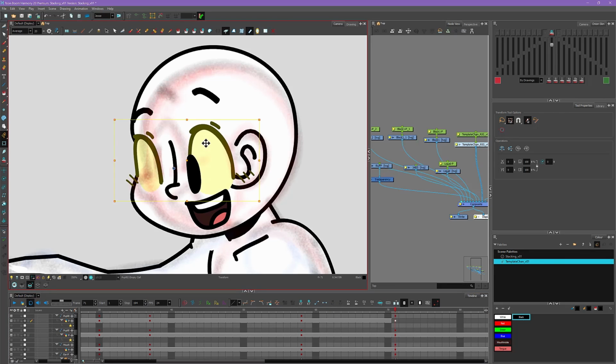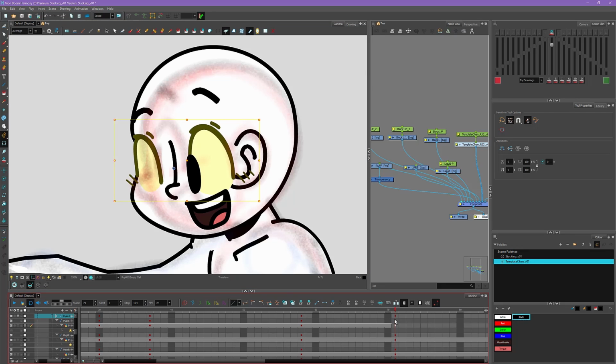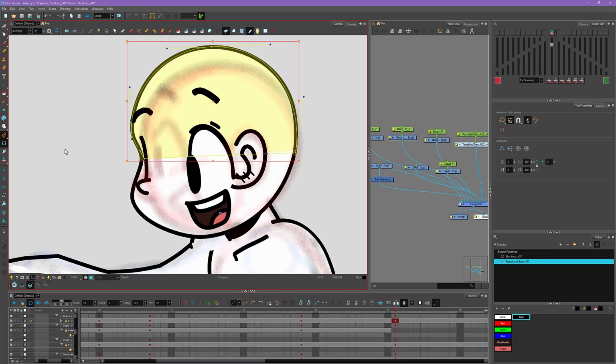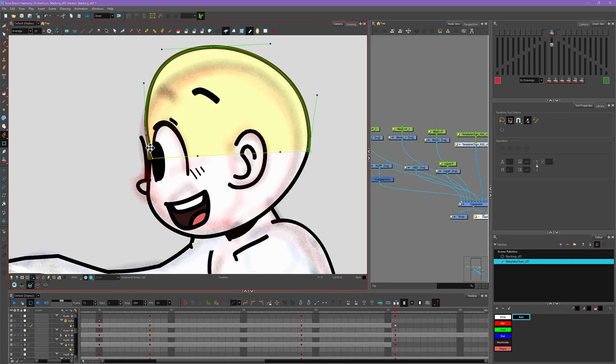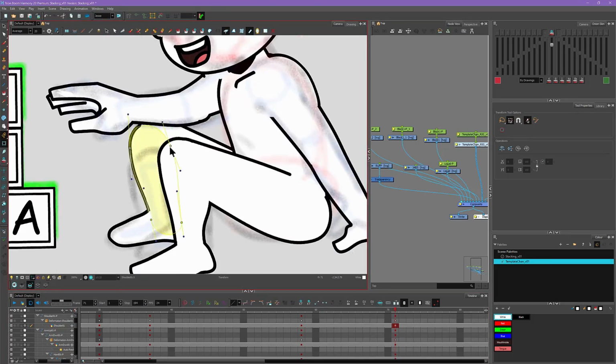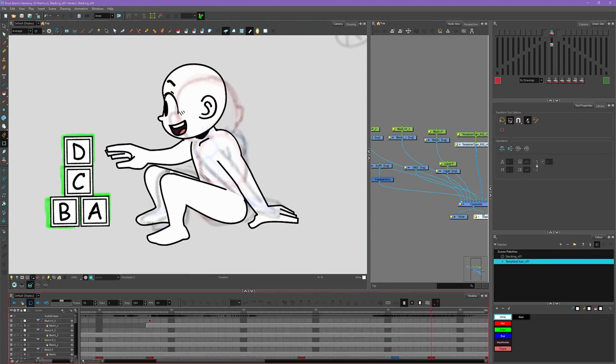And then for this eye layer, same thing. I'm going to need to go to the drawing layer, do a new drawing, then just use the cutter on the left eye here, there. And then the nose is going to have to be over the top of the face. So a lot of just readjusting things, removing them just to make this profile view, which isn't too big of a deal since it only happens once. So we'll just adjust things as we need.